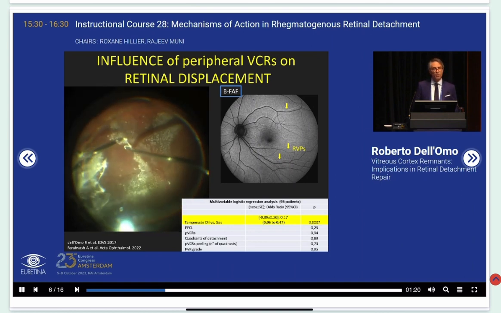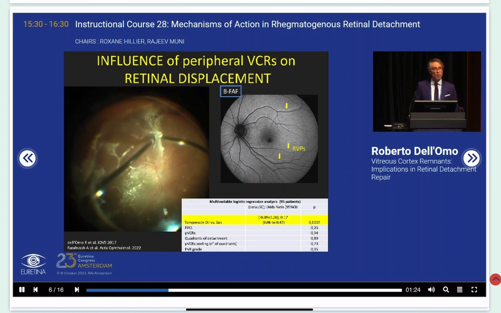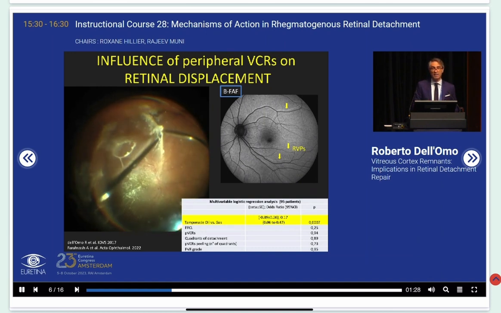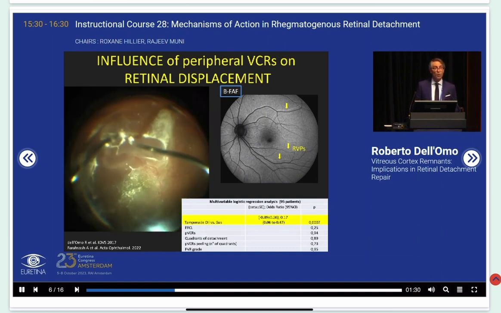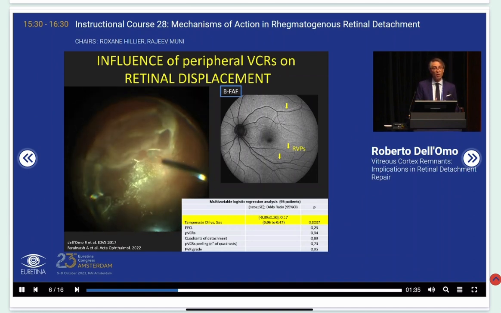As you can see from this video, the VCR are very, very strongly attached to the retina. So making the retina more mobile can mean reducing or promoting the displacement. But actually, putting together a lot of factors, we found that the only one that was significant to induce displacement was the use of gas,